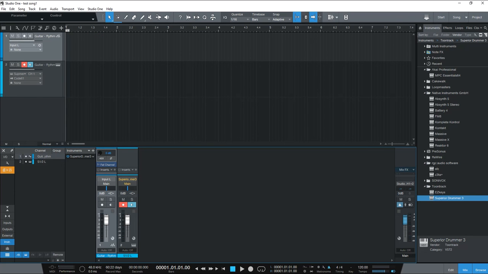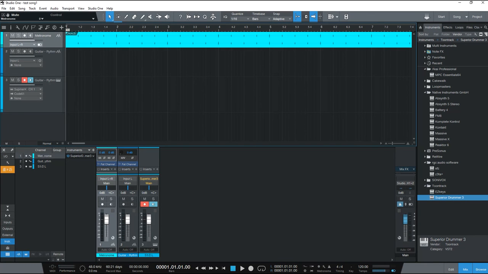Okay, I didn't record anything, so I didn't save anything. Now, however, I am going to set the pre-count or the count off, and once it starts, you're gonna hear 4 clicks before the actual recording. So here we go, and there it is. When you export, then you see the option of setting this as different file formats,